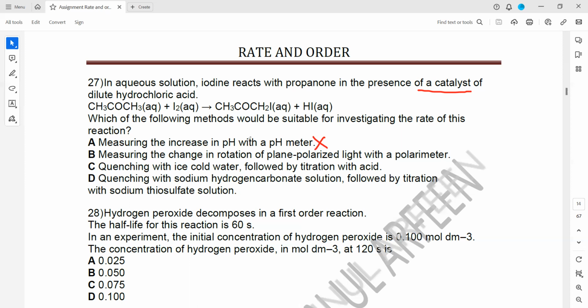For method B, measuring a change in rotation of polarized light with a polarimeter, that depends on whether we have optical isomers. If we have an optical isomer, for example C double bonded with O and CH3 and CH3. For it to be an optical isomer, or a chiral carbon, there must be 4 different groups attached to the carbon. But here, you can see identical groups are attached, so this cannot be an optical isomer. Same thing when a product is formed,